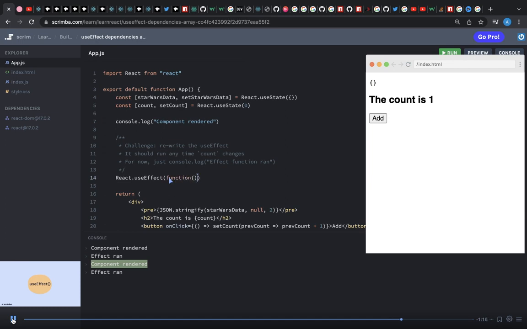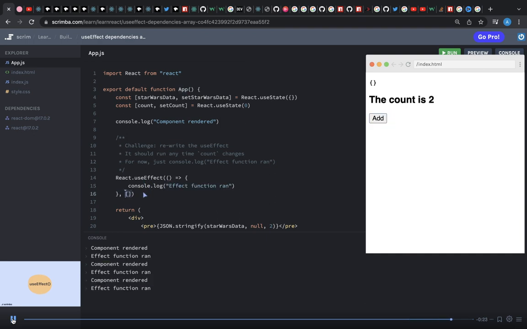UseEffect takes a function as its first parameter. Before we had a function declaration like this. However, I am going to use an arrow function because that is how you will most commonly see it. The function will only run once the very first time your component is rendered. We get effect function ran. In the next lesson, let's